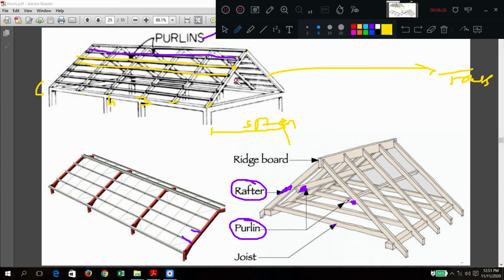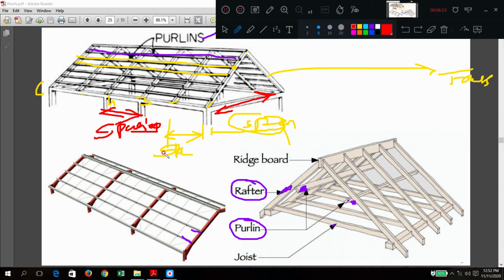Okay. So for only one truss you have span, which is the distance between the supports. Now spacing means what? The distance between this truss and this truss is called spacing. This is span. In this direction it is called span. In this direction, between the two trusses, it is called the spacing of the trusses. So one truss, second truss, third truss. Their distance between each other is called spacing, and for one truss, whatever the distance between the supports is called its span.